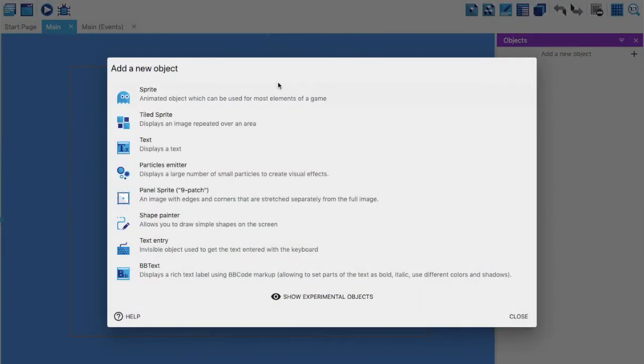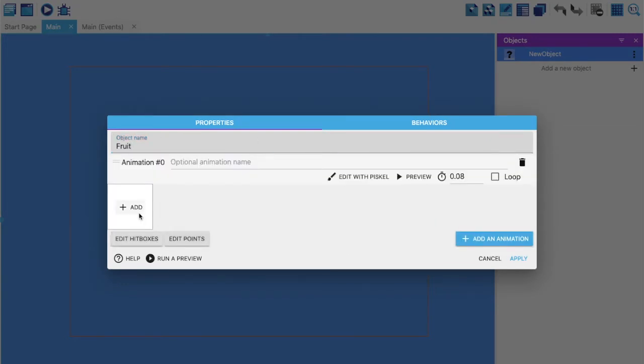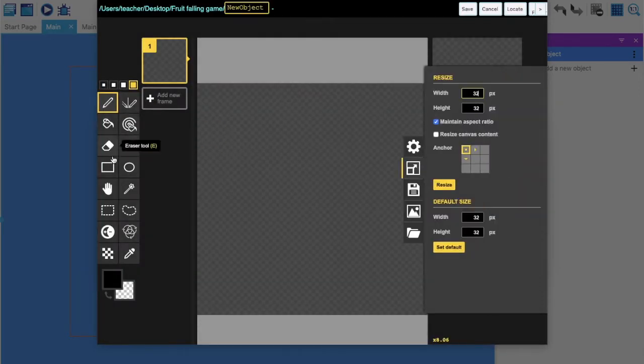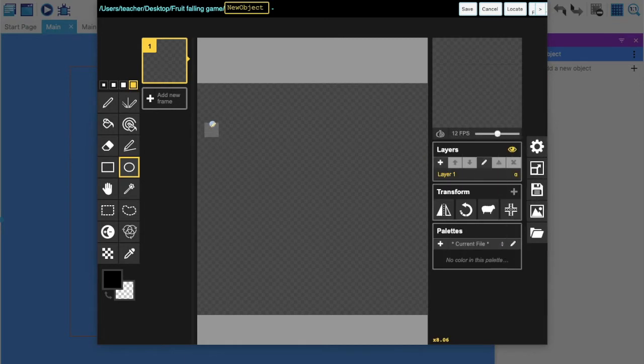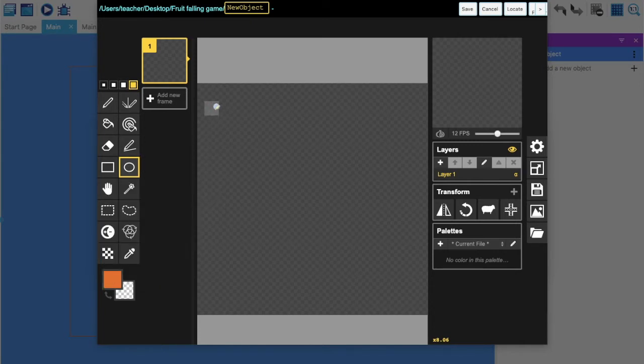And after this I'm going to add some object. So let me quickly add a sprite which will fall from the sky. So for now I'm going to name it fruit, and I'm going to add animation, and instead of taking a picture from the internet I'm going to just draw it over here quickly. You can do either way. If you want to draw it, you can draw. If you want to make your own sprites, you can make your own sprites. I'm going to take orange for now. I want to make it look like an orange.